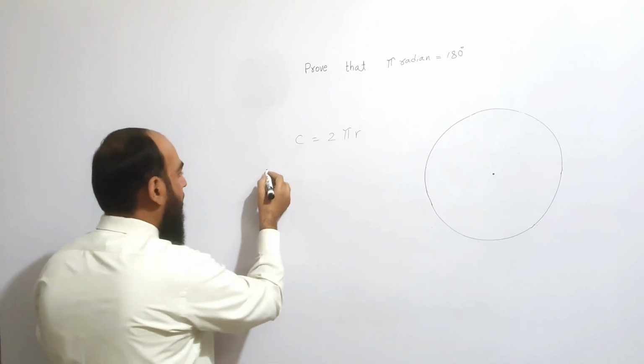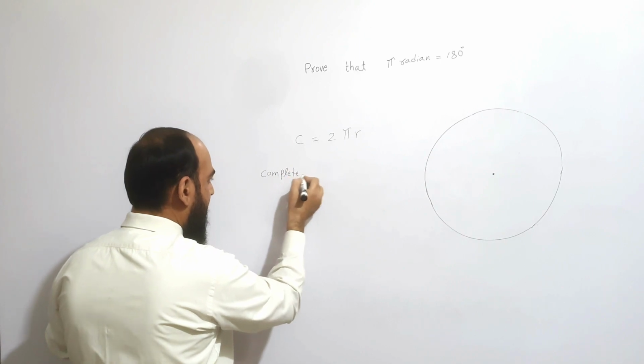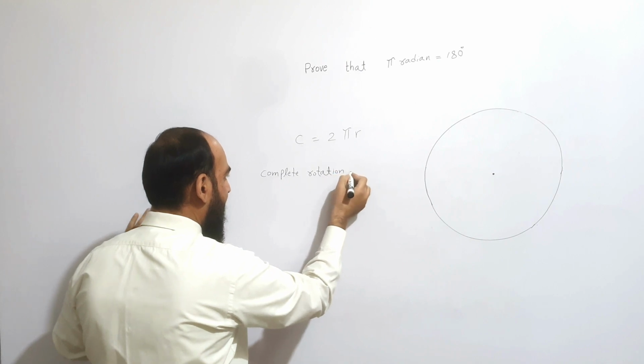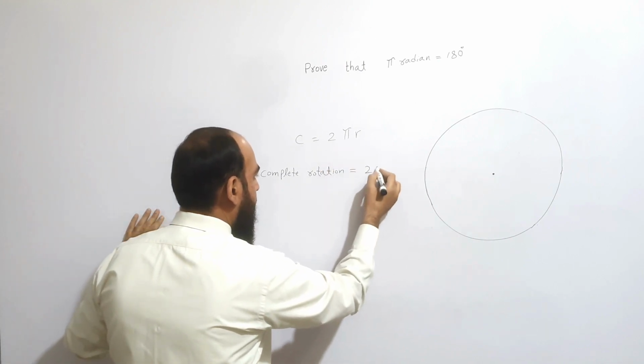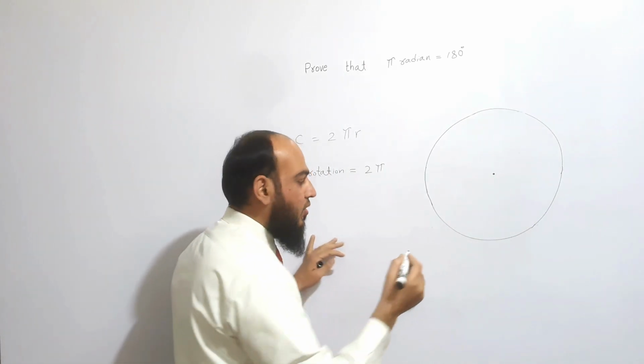We will replace it with complete rotation. Circumference is the complete rotation of the circle, which is equal to 2 pi, and therefore